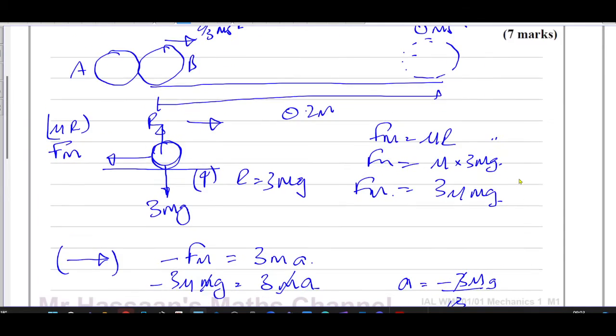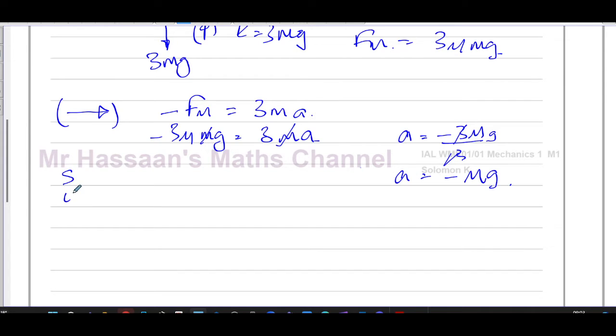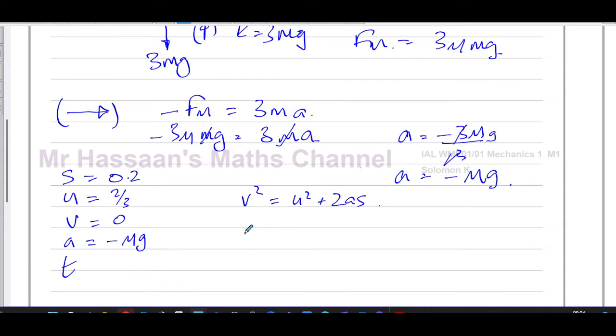So now we're going to use suvat, because we have the distance it's moved, which is 0.2 meters. We have the initial speed, which is 2/3 meters per second. We have the final speed, which is 0 because it came to rest. And we have the acceleration, which now we know in terms of mu is minus mu g. So we have S, U, V, and A. We can use v squared equals u squared plus 2as. We have v as 0, u as 2/3, so 2/3 squared, plus 2 times minus mu times g times s,